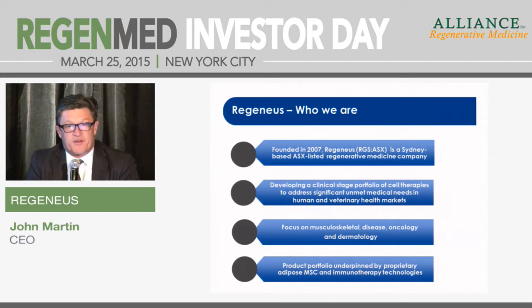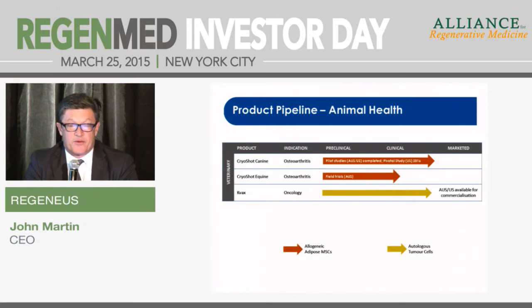Our product portfolio is underpinned by two essential platforms. One is an adipose-derived cell therapy platform, and the other is an immunotherapy technology. So in terms of the presentation, I'll talk about those in more detail as we go through. What I thought I'd do very quickly is just give you a snapshot of our pipeline, because I'm sure Ted's going to ask me about it, so I thought I might give a visual representation, Ted, before we get into